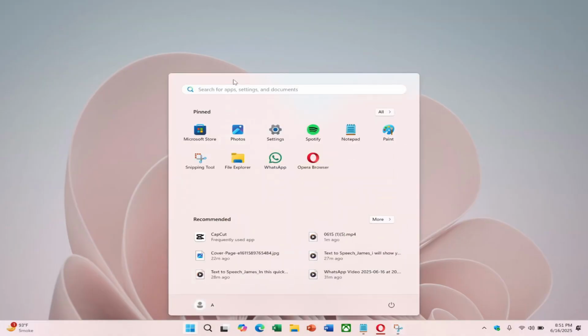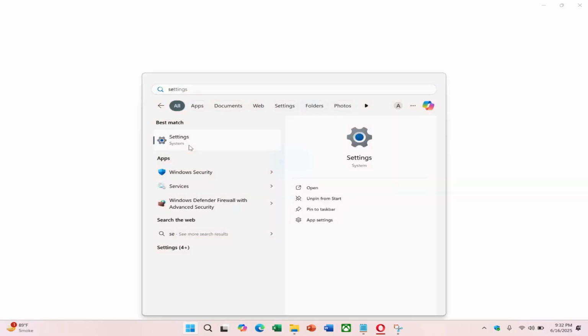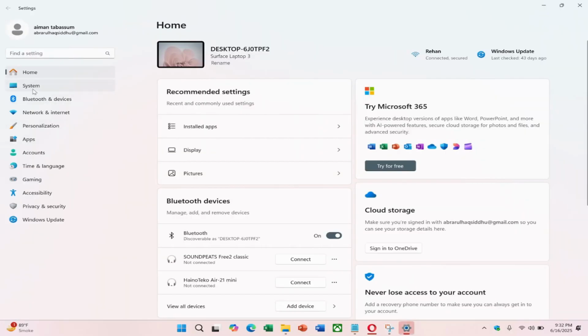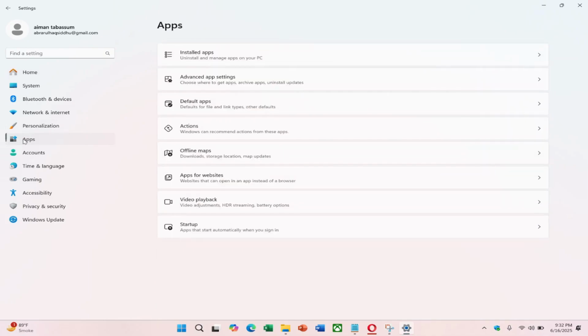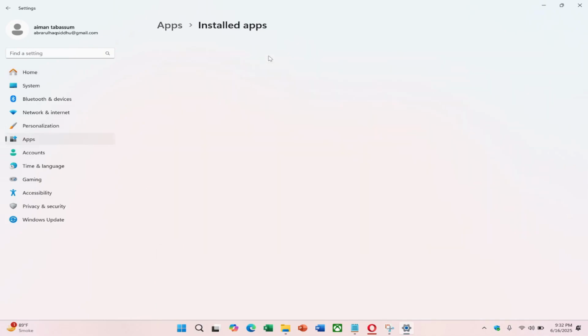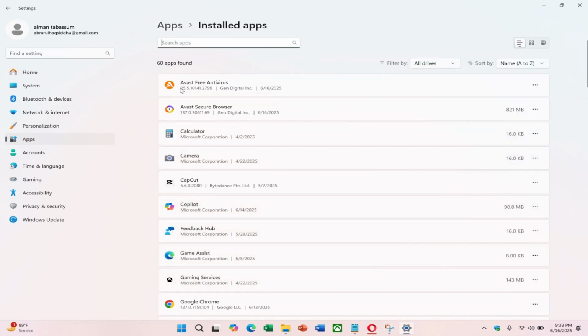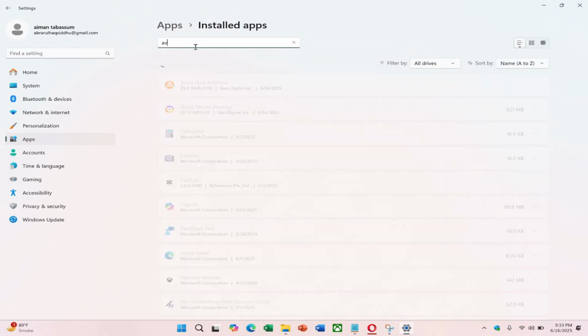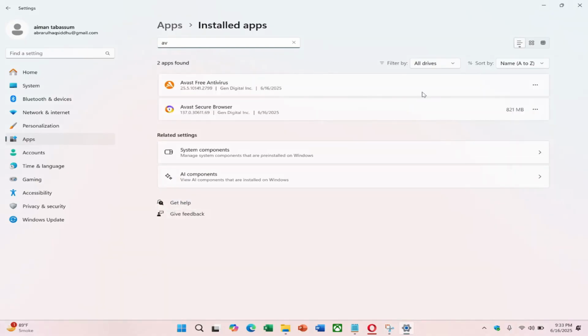Begin by opening the Settings menu by pressing the Windows key on your keyboard, then typing and selecting the Settings app. From the panel on the left, select Apps and then click on Installed Apps. Scroll through the list of applications until you find Avast Antivirus. If you prefer a quicker method, you may use the search bar at the top and type Avast to locate